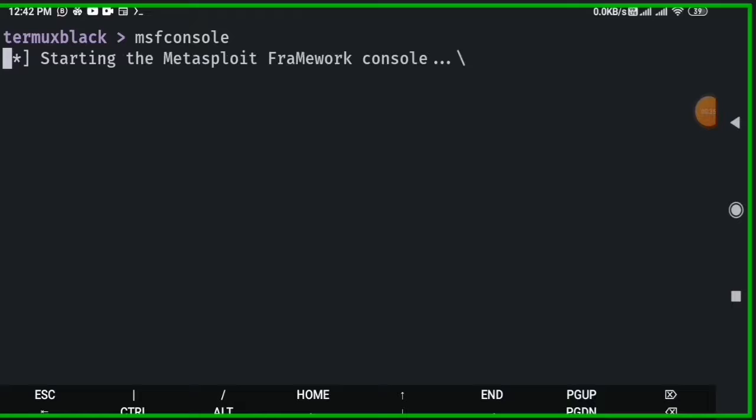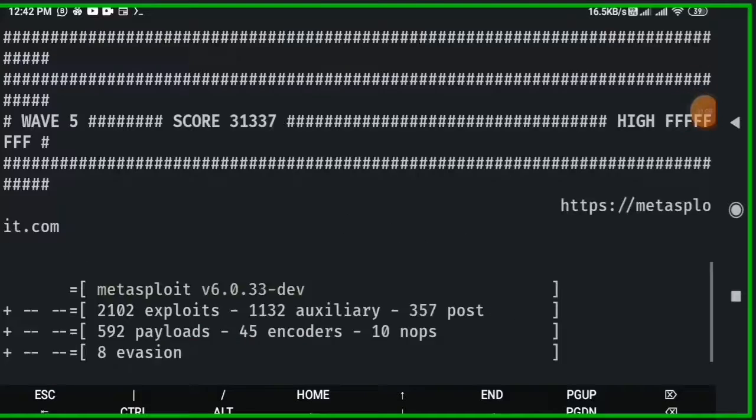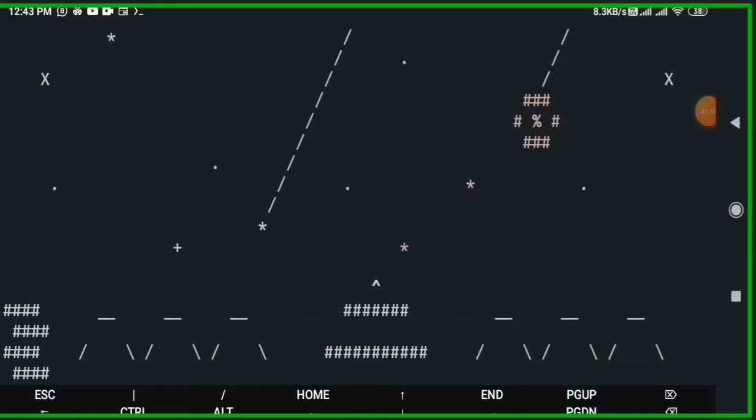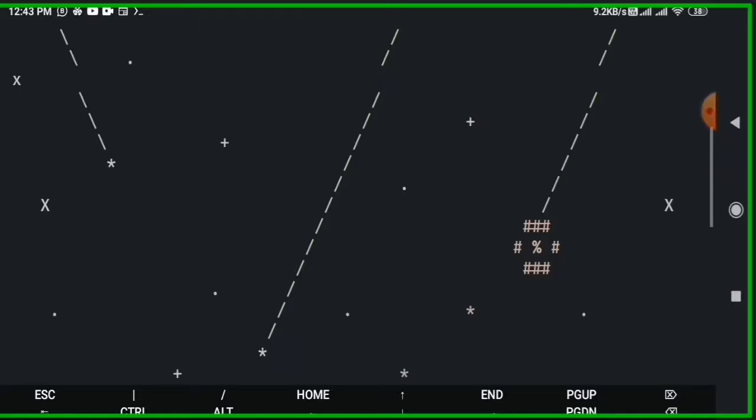You can see that the msfconsole command is working and our Metasploit installed successfully.